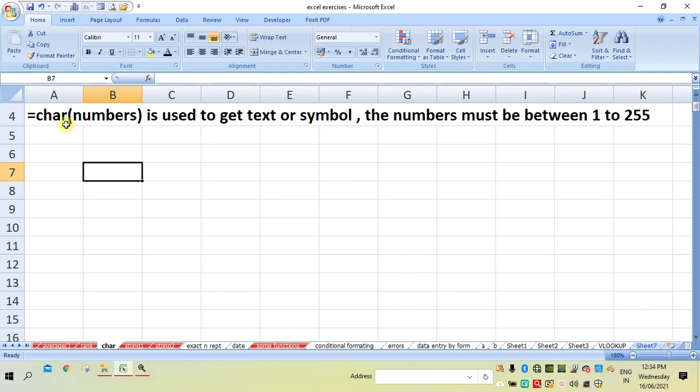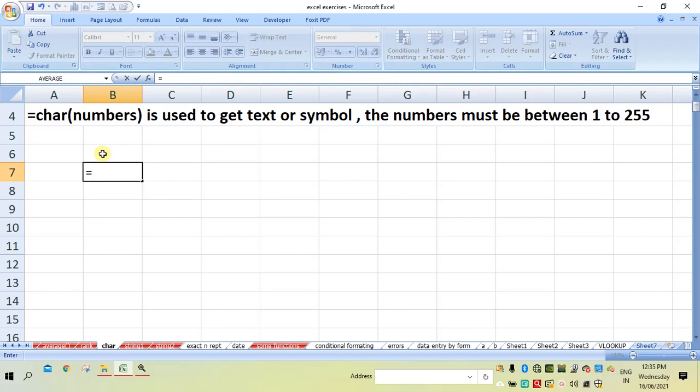The char function, that is character, is used to get the text or symbol from the numbers. Here its syntax is equals char in brackets number. This number may be from 1 to 255. Let me convert some numbers into text or symbols.